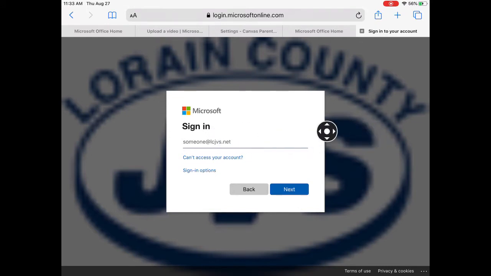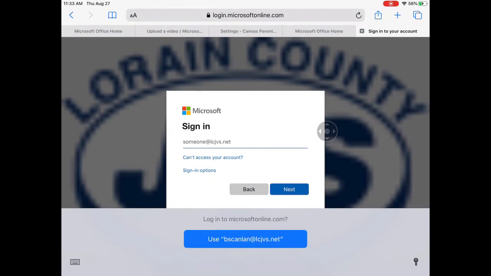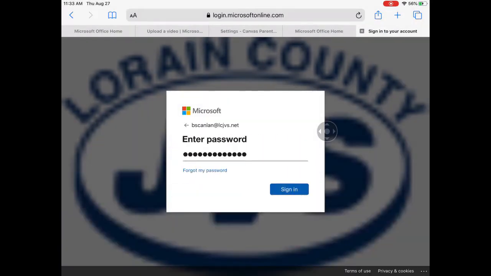So I'm going to click on here. I'm going to put my name in, of course, which is first. You can see right here, it's first initial and last name. Remember, if it's the student, it's the first name dot last name at lcjvs.net. So you need the whole email address as the username, and then their password is going to be whatever password